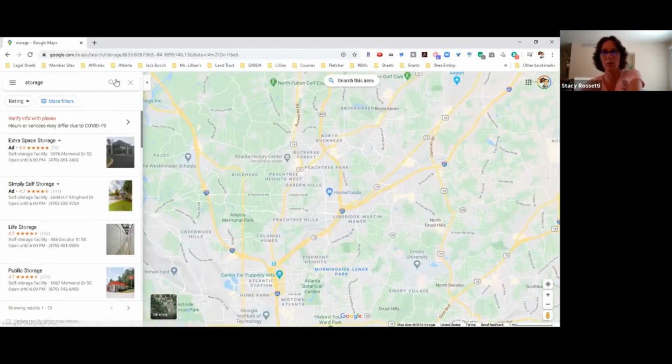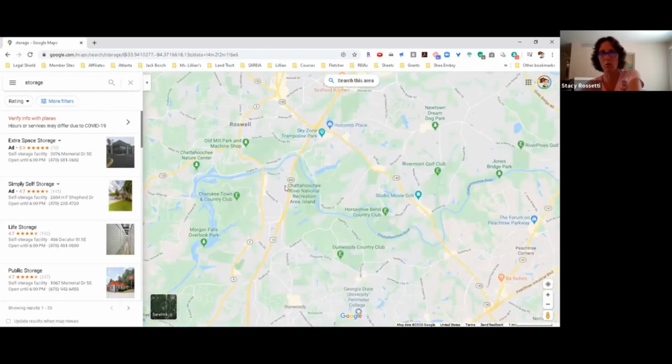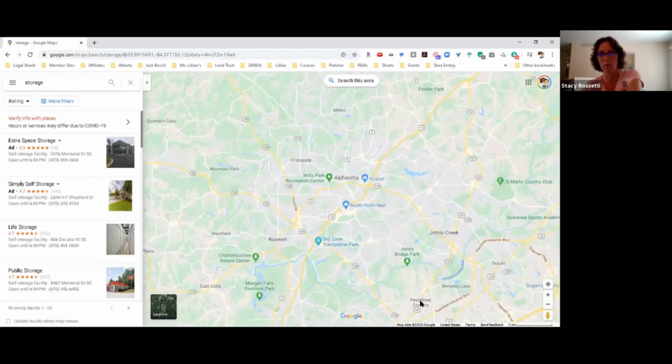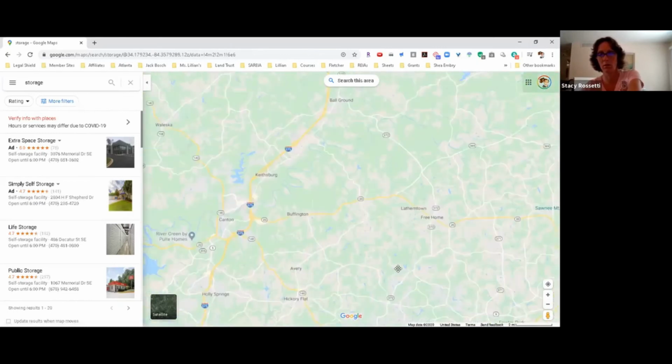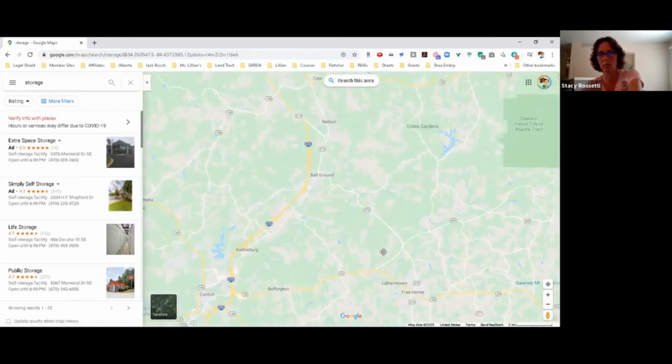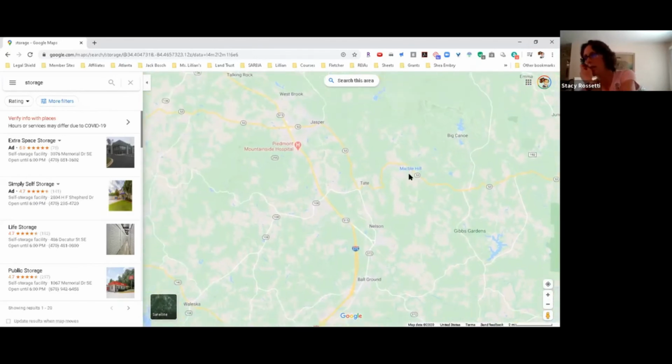Now, let's kind of go up so I can show you. I'm way up north in Jasper. Zoom out. All right, so this is where we're at. You see Jasper's right here. Now, if I go to this area,